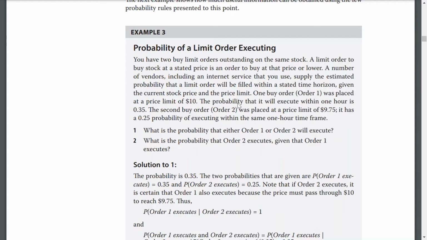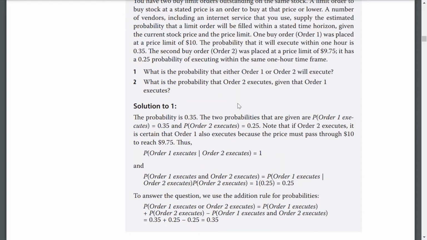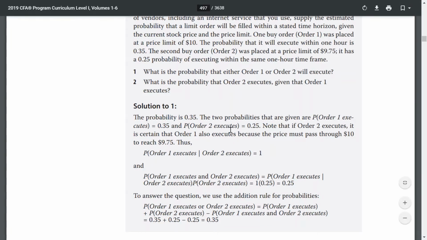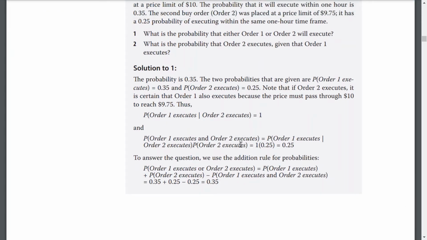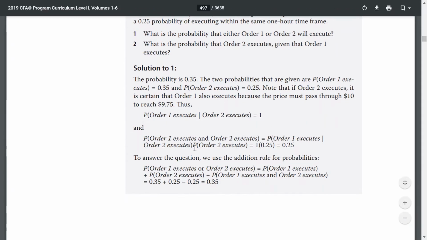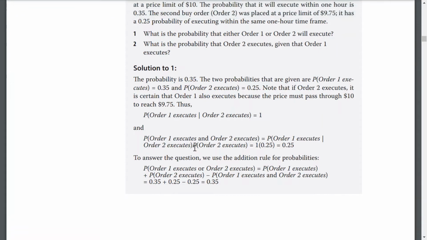Solution to 1, the probability is 0.35. The 2 probabilities that are given are P(order 1 executes) = 0.35, and P(order 2 executes) = 0.25. Note that if order 2 executes, it is certain that order 1 also executes because the price must pass $10 to reach 9.75. Thus,